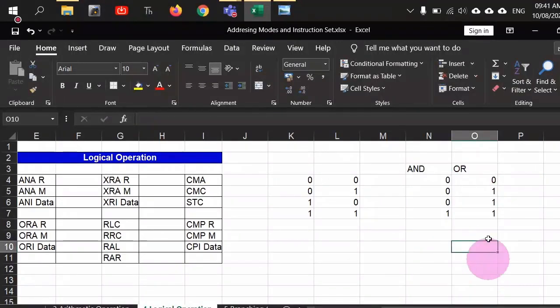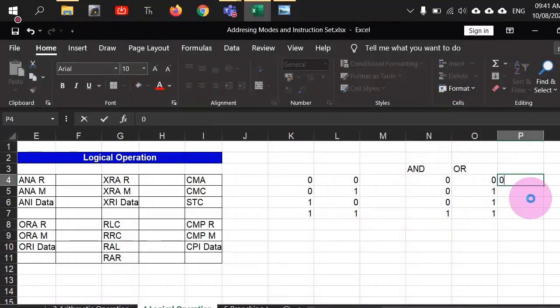So there are only 4 bits. How many combinations can you make out of 4 bits? 16 combinations can be made. So this is just one combination, 0 0 0 1. There could be another combination which would be 0 0 0 0.